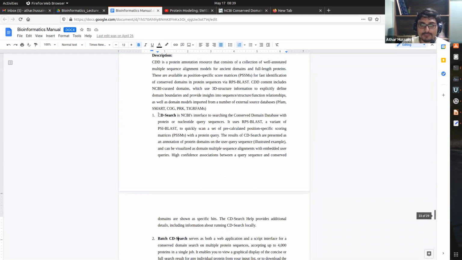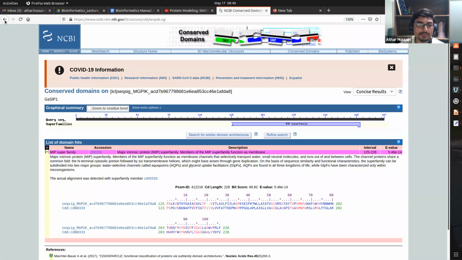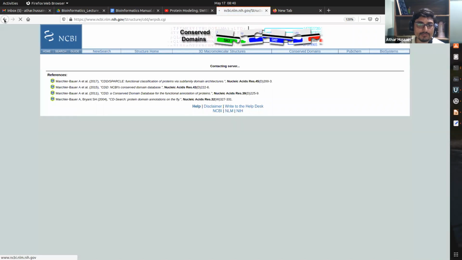This is CD search that we have performed here. So in CD search, we can use only a single sequence at a time. What is the main difference between CD search and batch search is the number of sequences that we can use for the searching. So CD search is a tool that can take only a single protein or nucleotide sequence. For example, if we go back to the CD search,